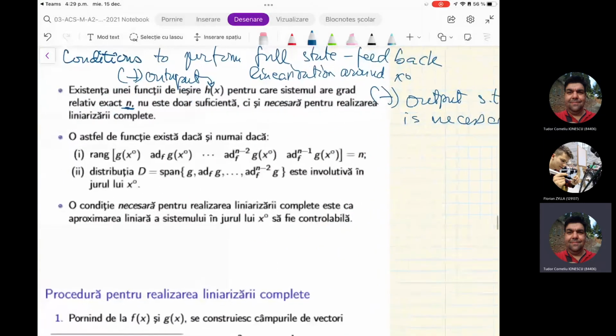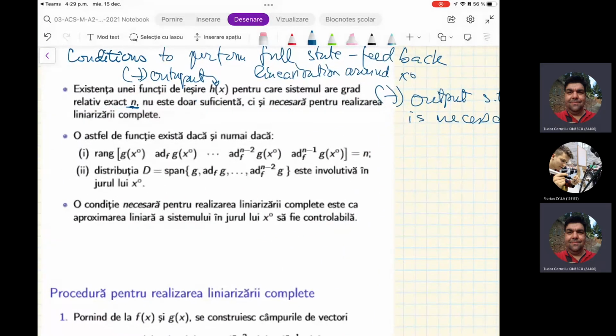Such a function h exists if and only if the rank of this matrix is n, and this distribution is involutive,